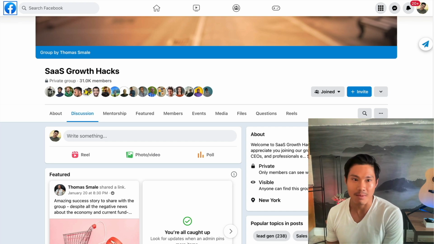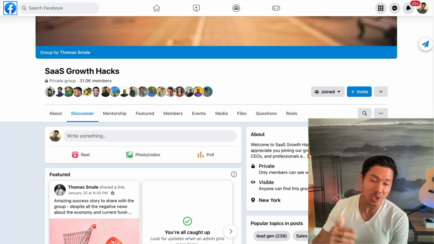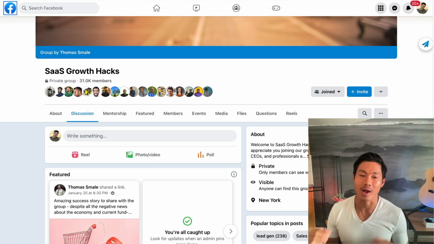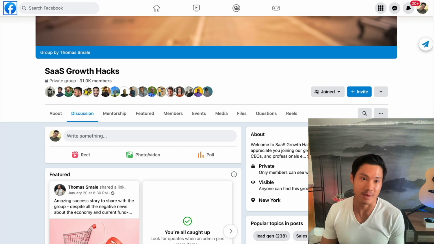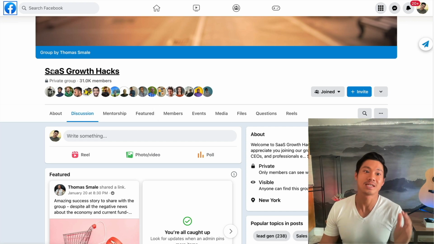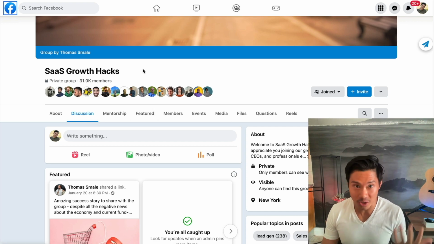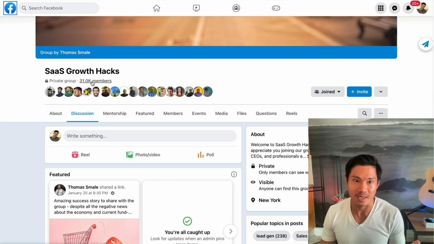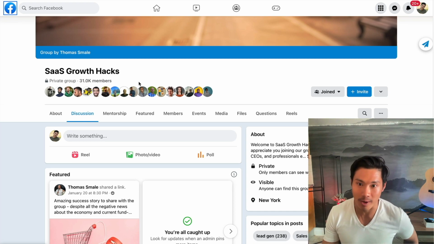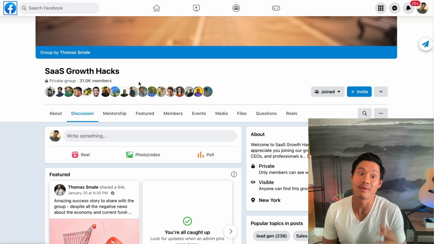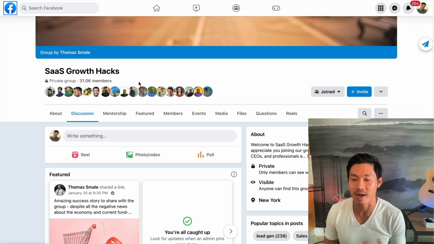So the really nice thing about Facebook groups is that you can essentially find communities that have your ideal buyer. So for example, let's say you're selling into software businesses. SaaS actually stands for software as a service. So all of these companies, all of these people in this community either own SaaS companies or they work at SaaS companies or they're just interested in the world of software. This so happens to be some of the types of people that I normally work with and help with my own business.